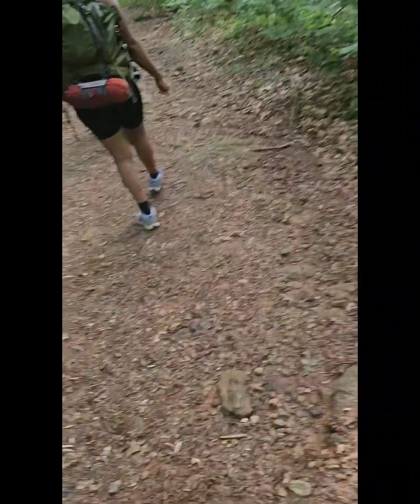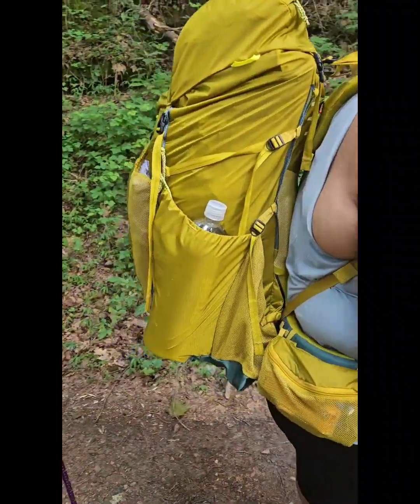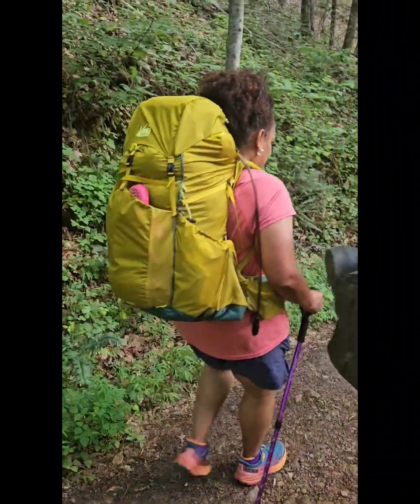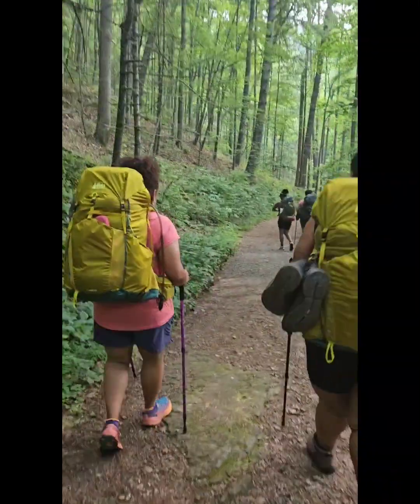Let's see who is behind me. Then we have Shamika with the REI backpack. You like it? For the most part, I love it. Oh, and Tracy, REI backpack. She did have a piece that came off, so she's going to take hers back. They're trying it out,